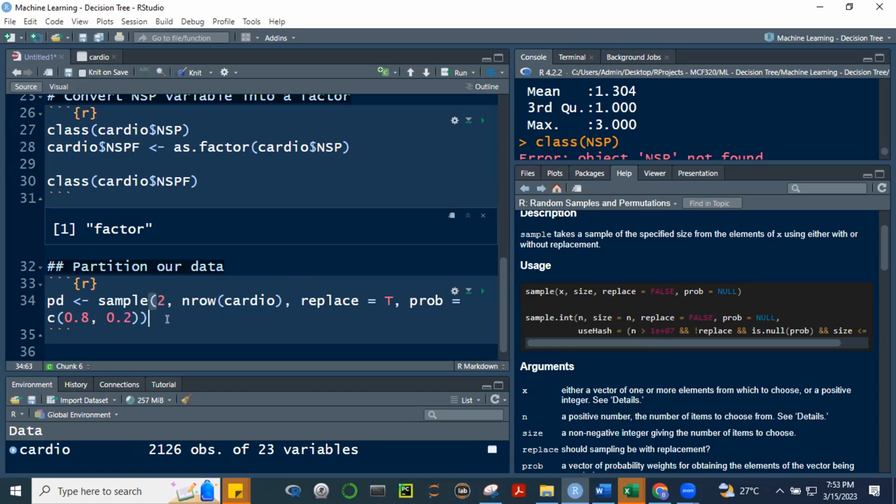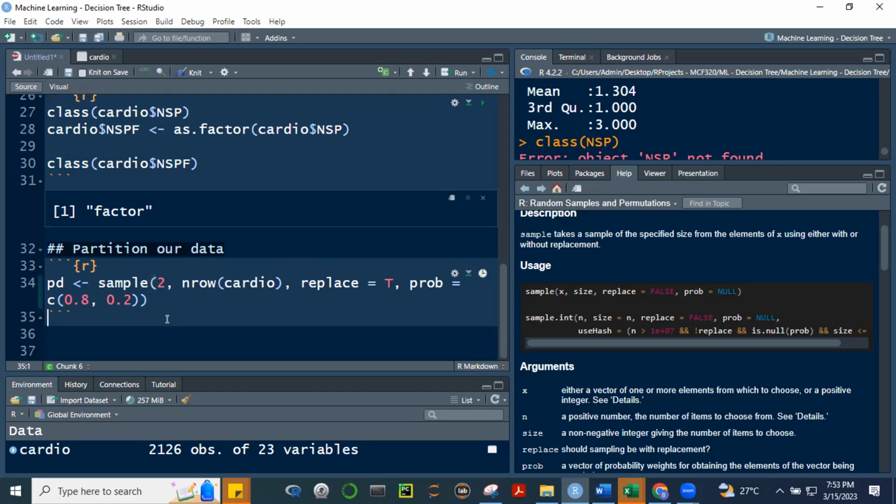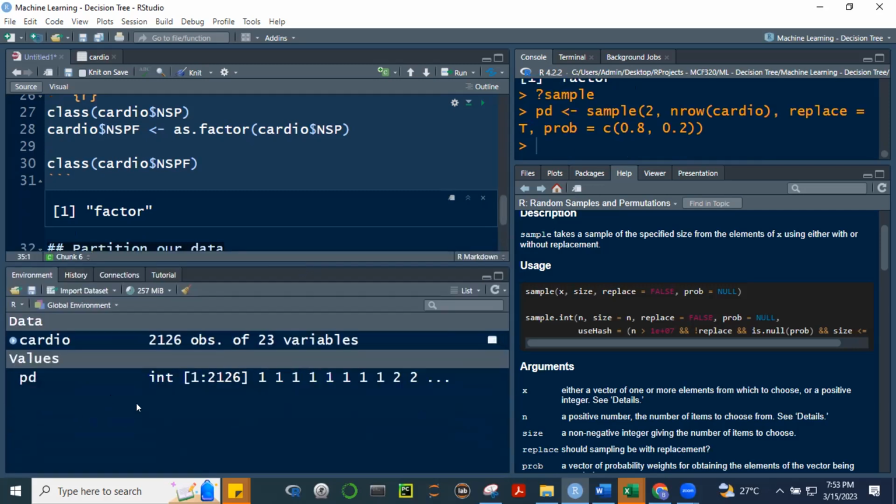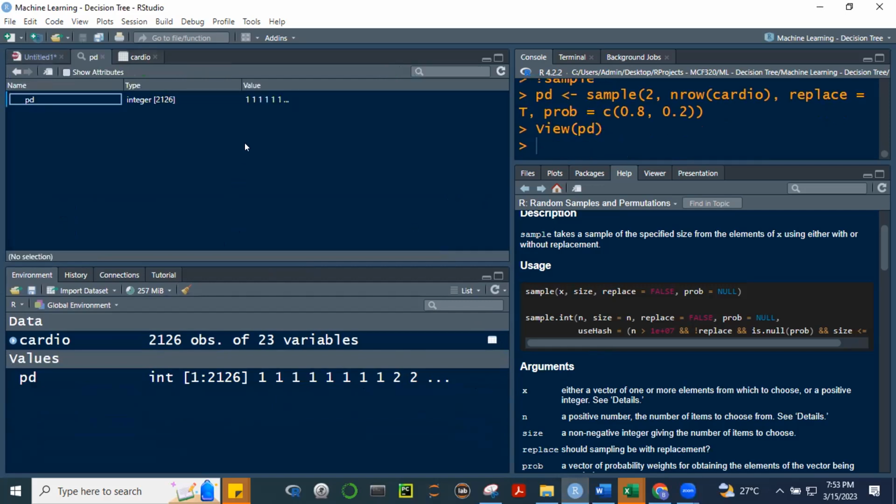All right. Sige. So let's run this and let's see what happens. So now we have here PD. All right. So ano tong PD na to? Ano nangyari to? 1, 1, 1, 2. So if I view PD, for example, let's view this. I-view natin. View PD. Alright? Hindi. Okay, ano na lang? Head. Sorry, ano nga pa to? Head PD. PD yung first 20.